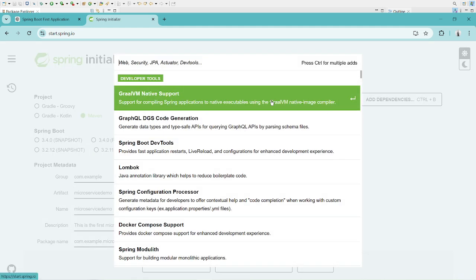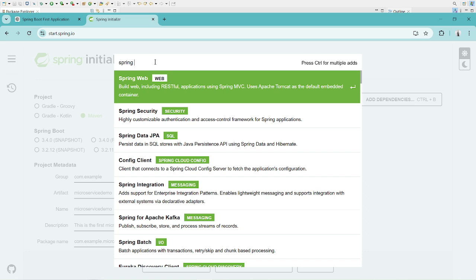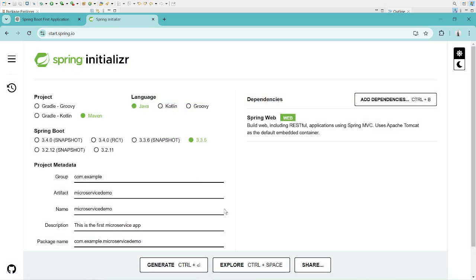Here just add dependency Spring Web. You can see here Spring Web. This Spring Web dependency is used to run our application on server, because this dependency includes the embedded Tomcat server. So let's select